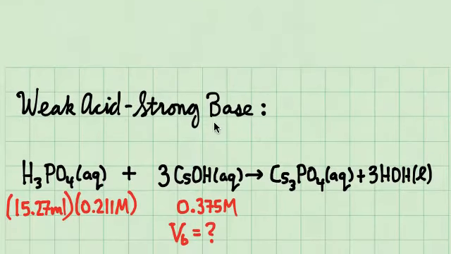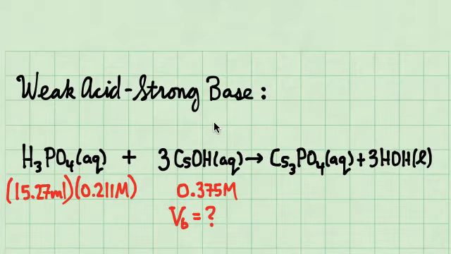Here's a weak acid and a strong base, but as long as one of them's strong, it could be a strong acid or it could be a strong base. That's usually all we'll consider, a strong interaction or reaction. I only have a one-way arrow. If both of them are weak, then I've got a pretty big problem where I'm trying to decide how much they'll go to the right, and that's a huge pain for us, so we're going to skip